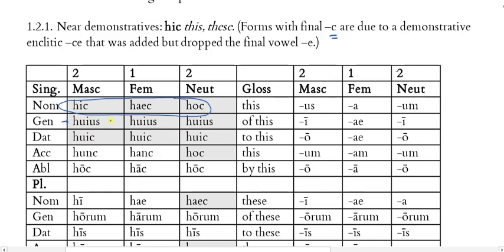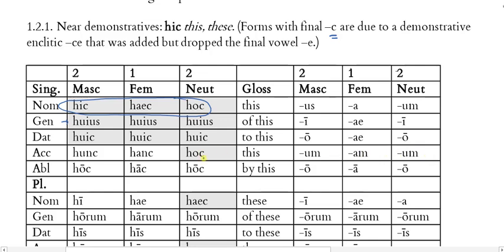For dative, everybody, huic, huic, huic. All right. So here's that -ce enclitic that's been added, but the e's dropped off. And the dative case endings here are -o, -ae, -o. Again, no correspondence here, so you have this highlighted. Accusative, hunc, hanc, hoc. All right, and again, we have